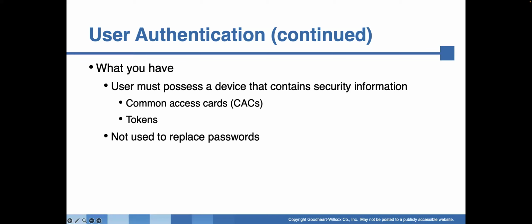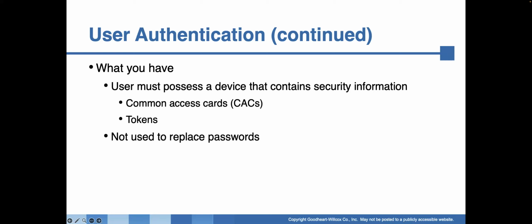Another form under multi-factor authentication is what you have. The user must possess a device that contains security information. An example of what you have is a token or tokens, or what are called common access cards. This is not used to replace a password. That is why that method is called multi-factor. Multi-factor means you're combining two or more